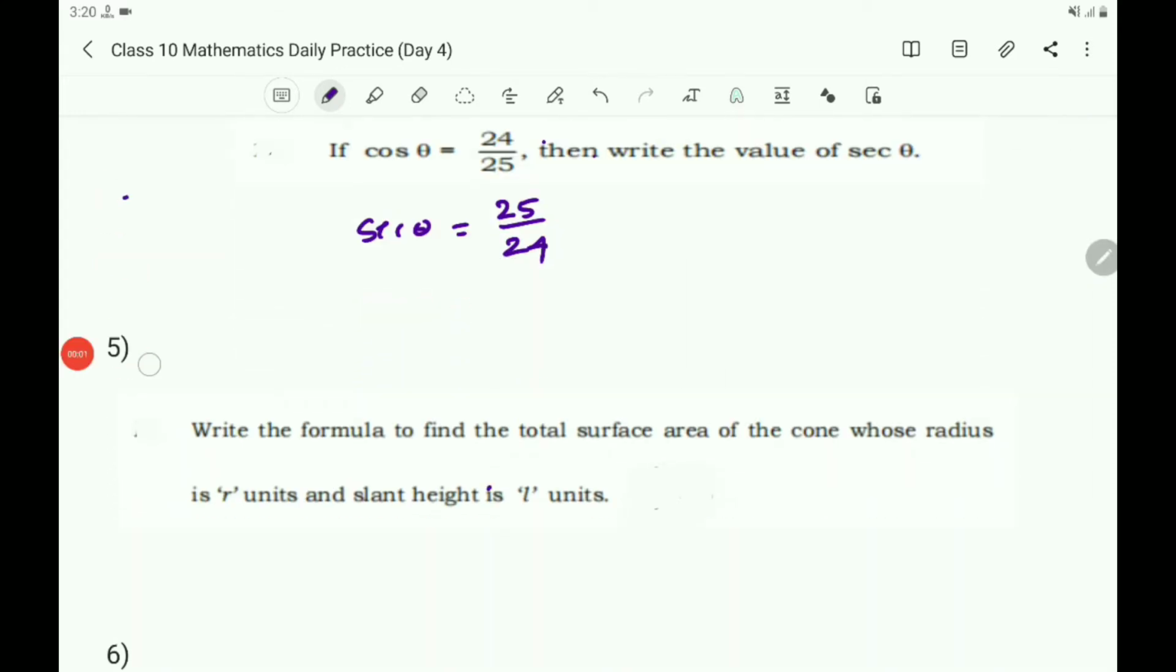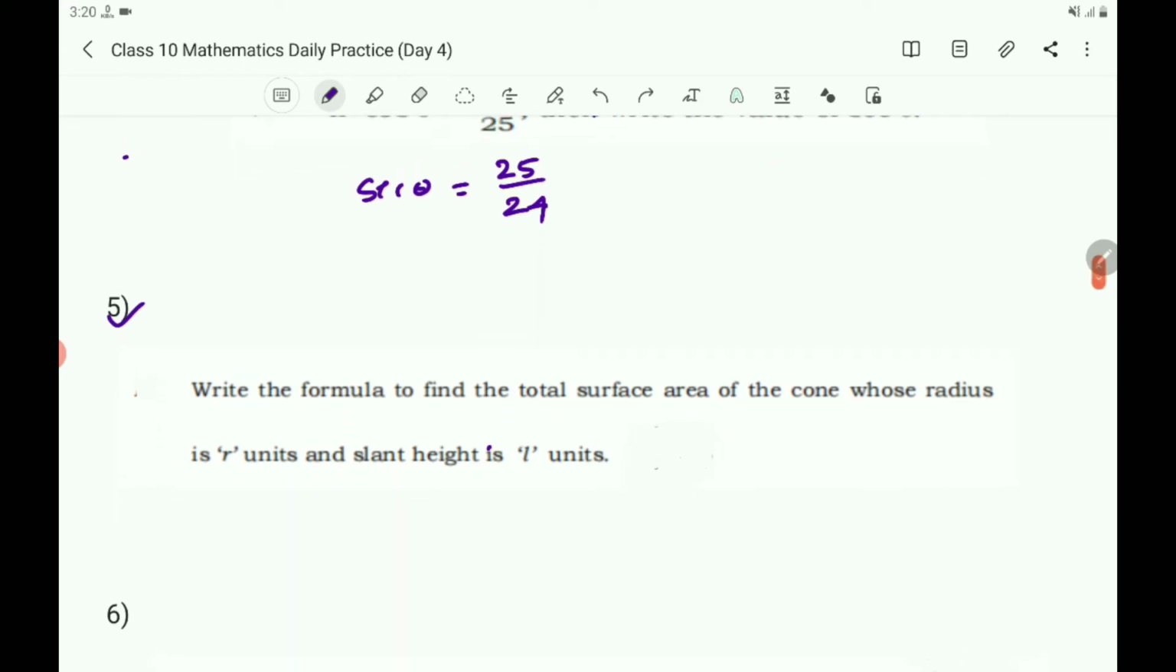Take the fifth question. Write the formula to find the total surface area of the cone whose radius is r units and the slant height is L units. Here we have to write the formula to find the TSA of the cone. And the radius is r and slant height is L. So write